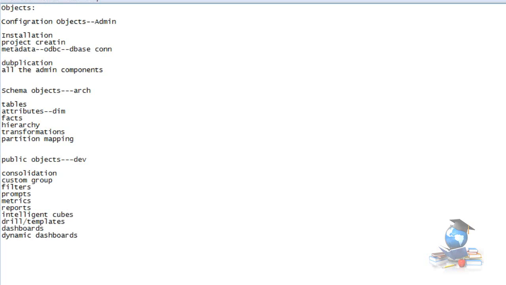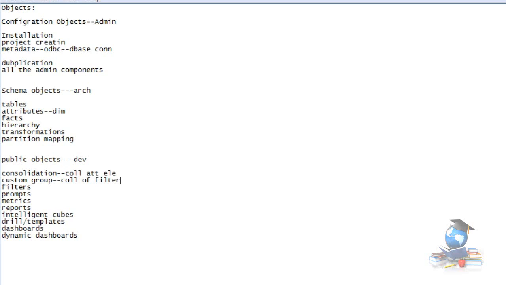So what is consolidation? It is nothing but a collection of attribute elements, and custom group is nothing but a collection of filters,